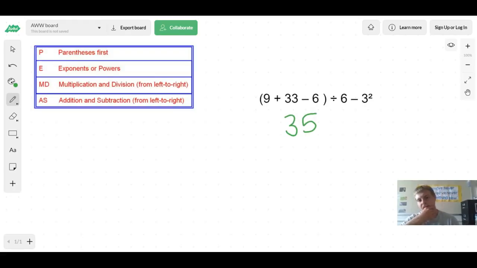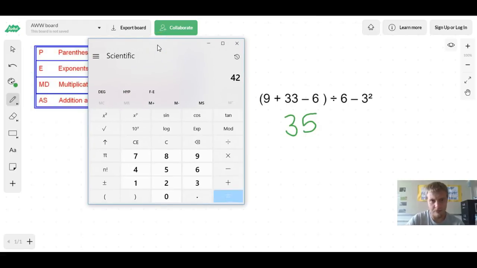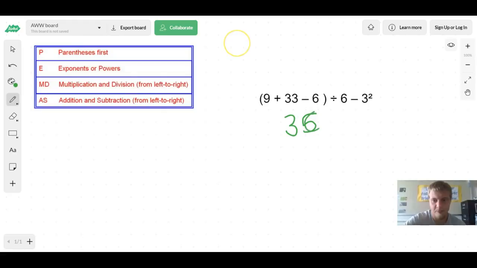So we would get 35 from that. We are then, or it might be 36. I'm going to double check. 9 plus 33 minus 6, 36, 1 off, close enough. So we get 36 from that, divided by 6,